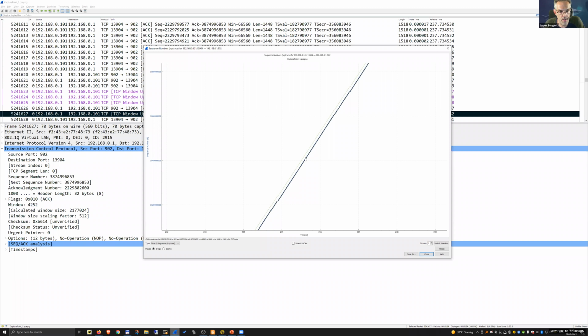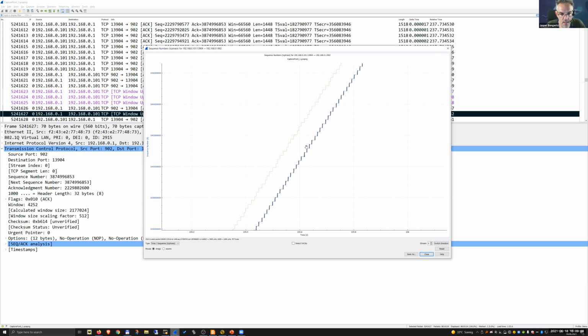But if you zoom in to this graph, and you can maybe already see it, the green thin line is the window size, the available window size. And this is the ceiling of how much data the sender can send. So if it's basically sending at full speed, it should try to get as much data across as possible.